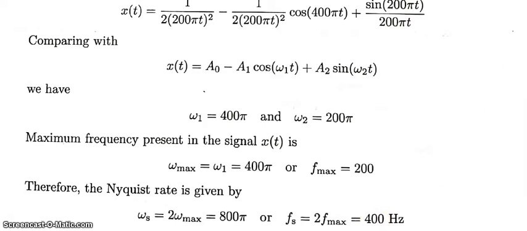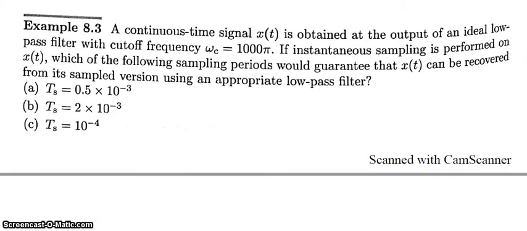Okay. Now the next question, a continuous time signal x of t is obtained at the output of an ideal low pass filter with cutoff frequency omega c equal to 1000 pi. If instantaneous sampling is performed on x of t, which of the following sampling periods would guarantee that x of t can be recovered from its sampled version using an appropriate low pass filter? Okay, so they have given us 3 different sampling periods, and the cutoff frequency of the filter used is given